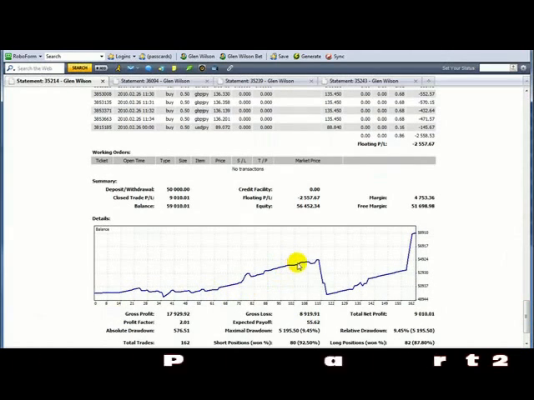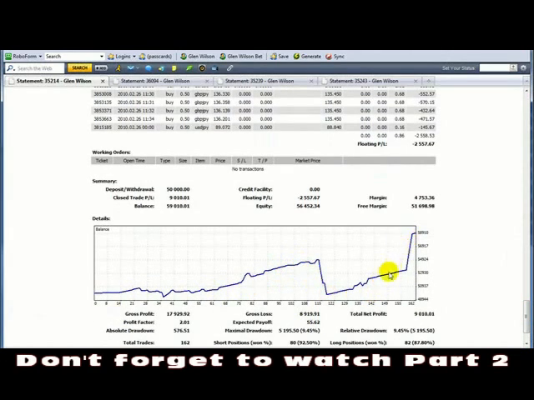The next robot we're going to look at is the LMD Multicurrency. Remember last week that I was using money